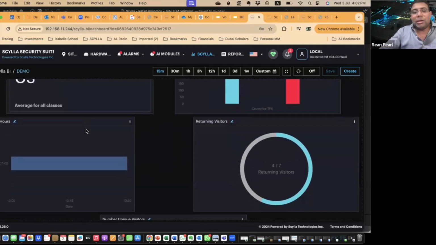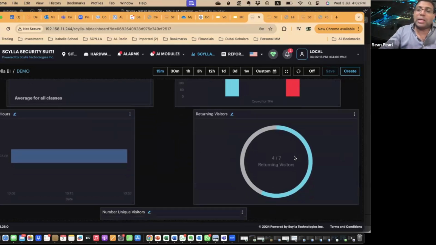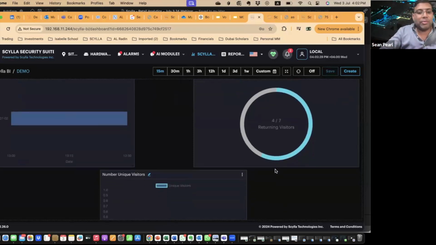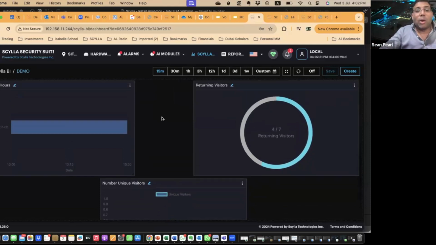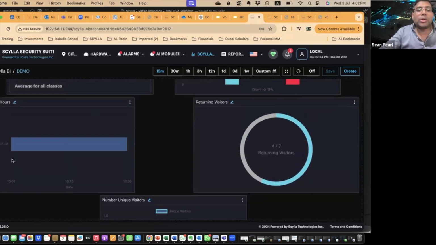Now, with our face recognition, as I mentioned earlier, you can get proper insights into who your returning visitors are. I've chosen a time frame, and it's told me that out of the 7 visitors I've had, 4 have come back again. So you can have various statistics on this. Operational efficiency, again, I can look into what my peak hours are during a day or a week. Is there some sort of pattern developing that is going to allow me to plan my resources a lot better?